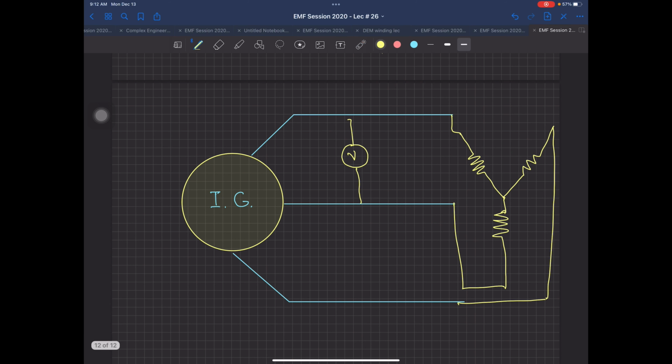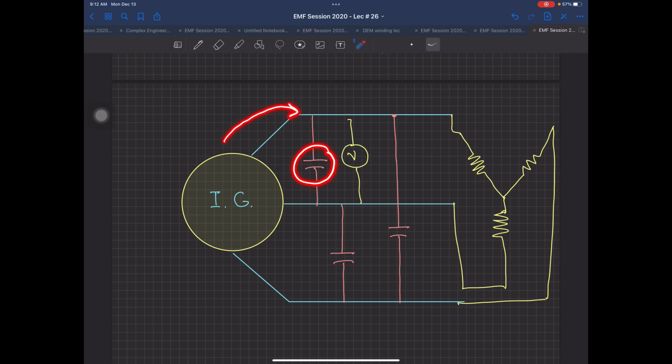So what you have to do over here, you will have to attach capacitors on the output, so this will be 3 capacitors over here connected in this formation. Now it can be delta formation also, Y configuration also. I've just made capacitors over there. Now what will happen? This generator, when it will produce some voltage, it will charge these capacitors. And what we know, capacitors provide reactive power. That reactive power will be given back to the induction generator, and it will produce more EMF because the residual flux will increase over there.